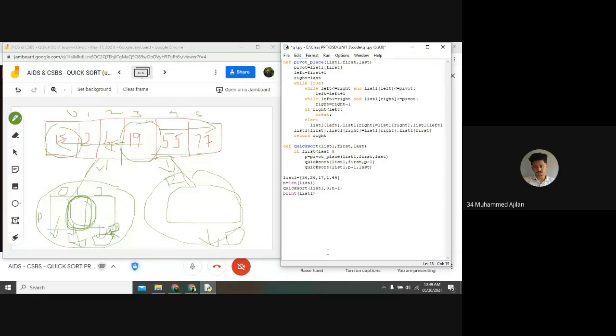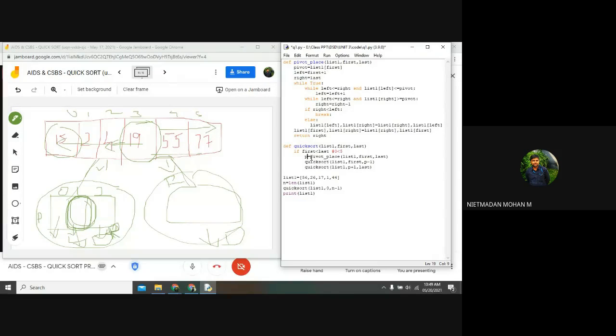The first value is 0. You can see I have passed an argument here, that is 0. And here n minus 1, the length of the list minus 1, is the last value. What is my length of the list? 3, 4, 5, 6, so the first value will be 0 and the last value will be 5. 0 less than 5, the condition will be true, right? Then it will go to the variable p.